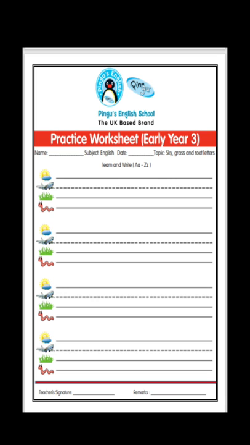Look, this is the practice worksheet. In this, what we have done, here we have written sky, grass and root letters. But earlier 3, here we have written uppercase and lowercase letters both. Now we know that in lowercase letters we are having categories like sky letters, grass letters and root letters, right? But what about uppercase? Do we have categories in uppercase letters as well? No.